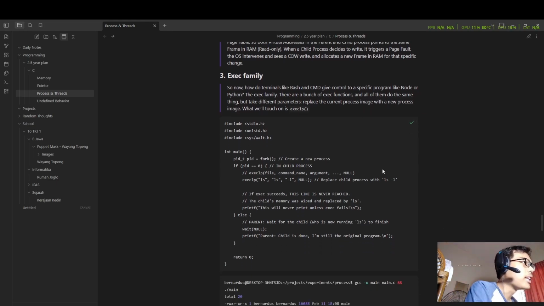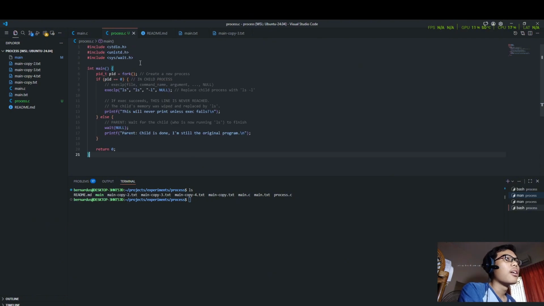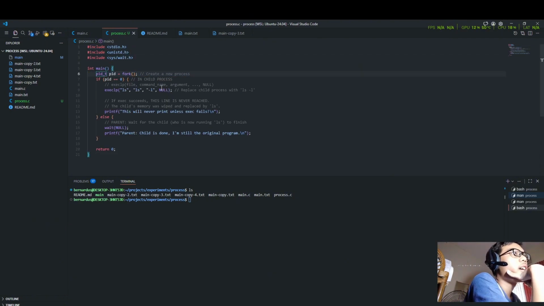For example, in this snippet, basically the header to include creates a new process. In the child process, we use the